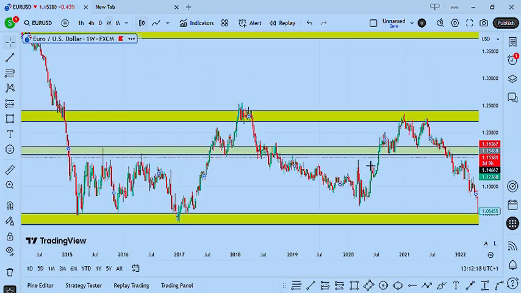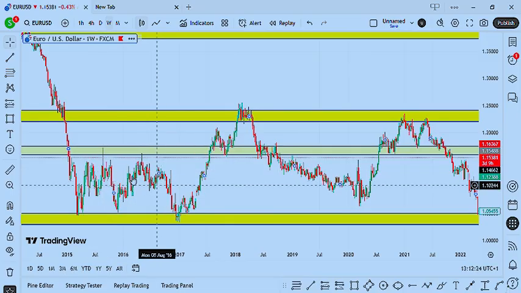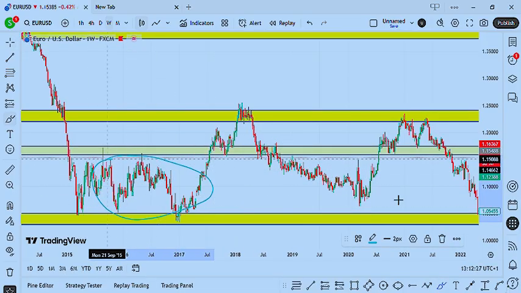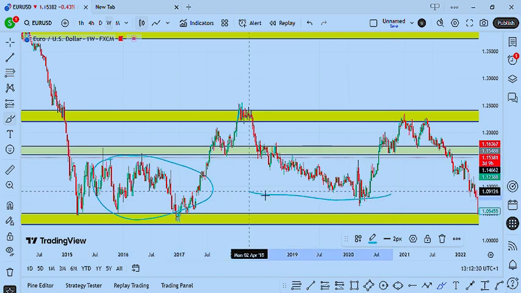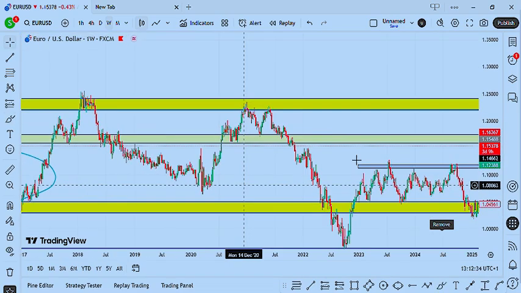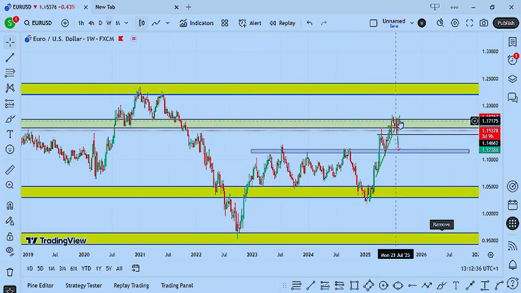So this tight consolidation. The Euro market has been consolidating inside of this weekly resistance area. So the market is reacting to this level, so we might see further decline on the Euro market,